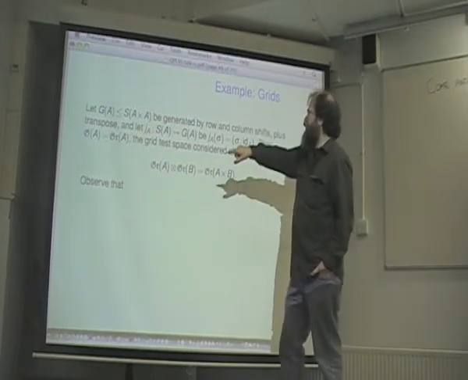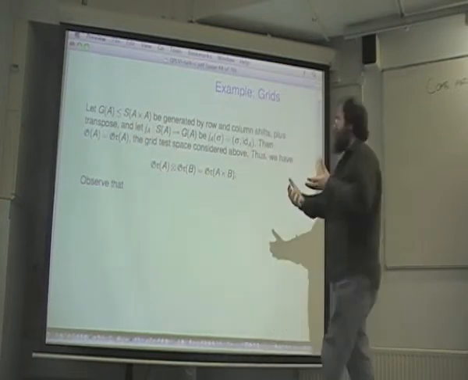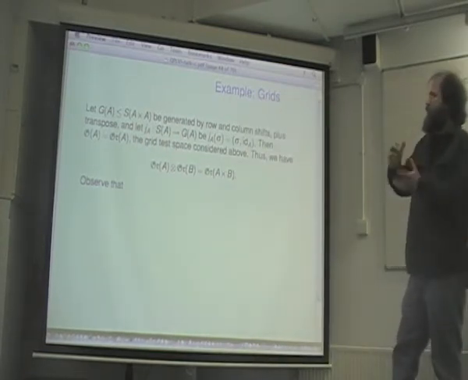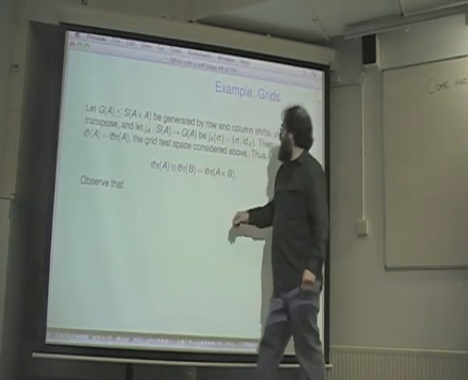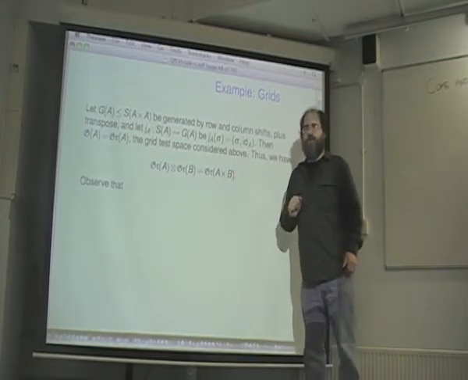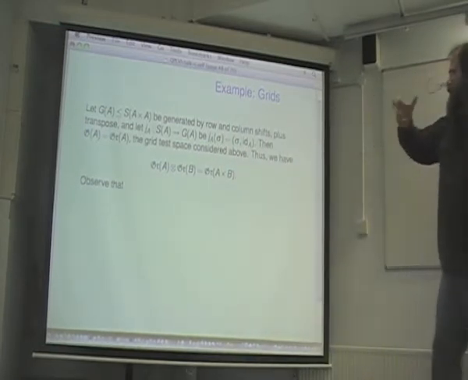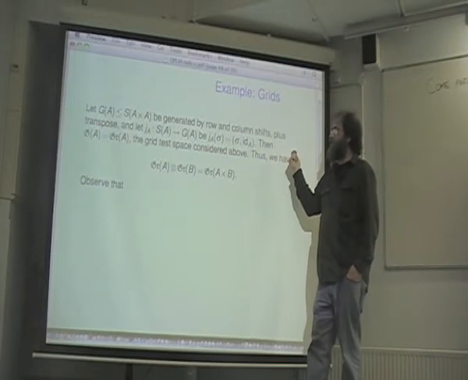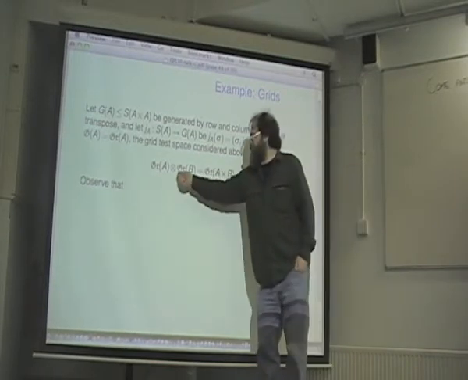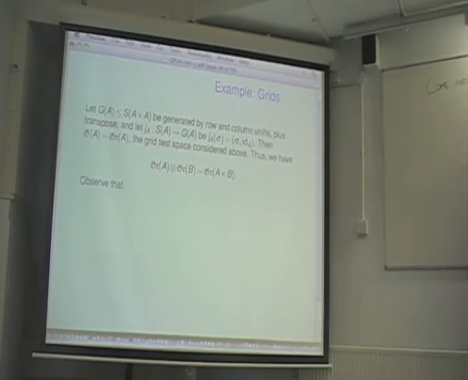You let G of A be the subgroup that I described earlier, the subgroup of permutations on A cross A generated by transposition and row and column shifts. You embed the symmetric group in here by just looking at the first coordinate. Basically embed permutations, let's say row permutations. When you go through the recipe, you get back the grid test space, and therefore, of course, the tensor product that I've described would give you the set of rows and columns of the grid on A cross B. So that would be an A cross B by A cross B matrix whose rows and columns we're looking at.